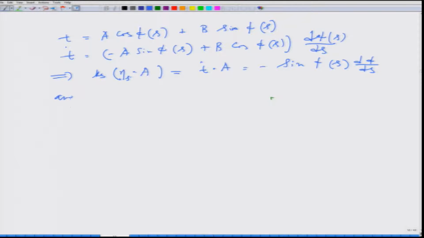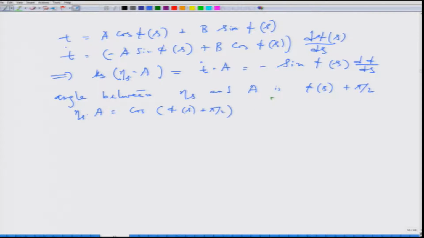Now, the angle between eta s and A is how much? Phi s plus pi by 2. So eta s into A, both are unit vectors, is cos of phi s plus pi by 2, equal to minus